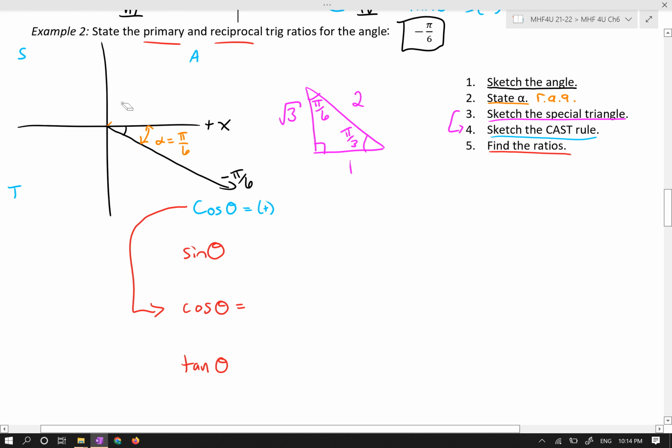So if we had the same related acute angle, but it was in quadrant 1, so if this is pi over 6 again in quadrant 1, then this cosine of this phantom theta,